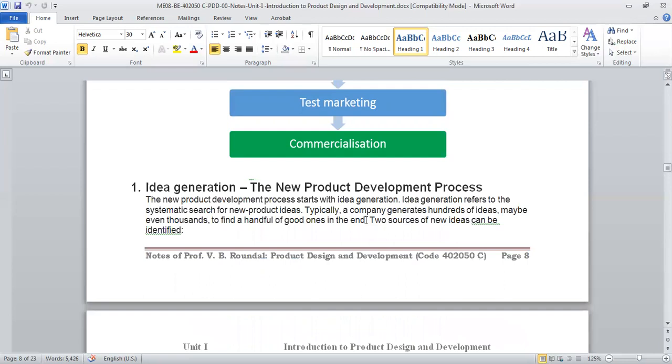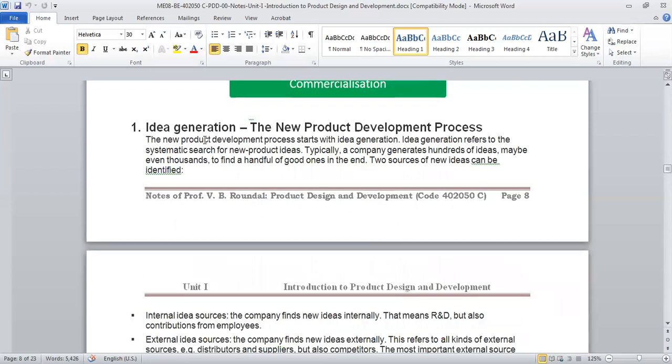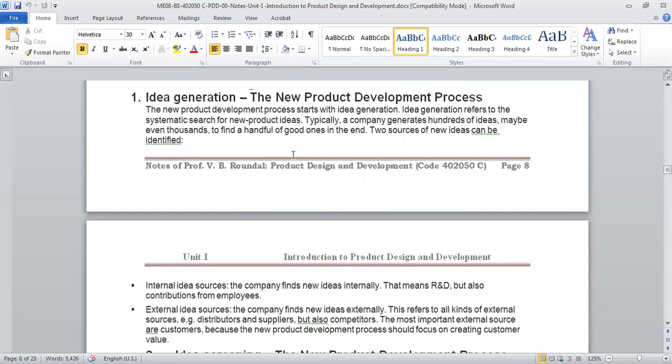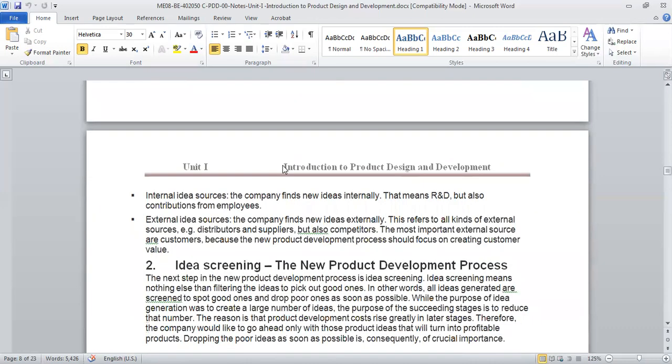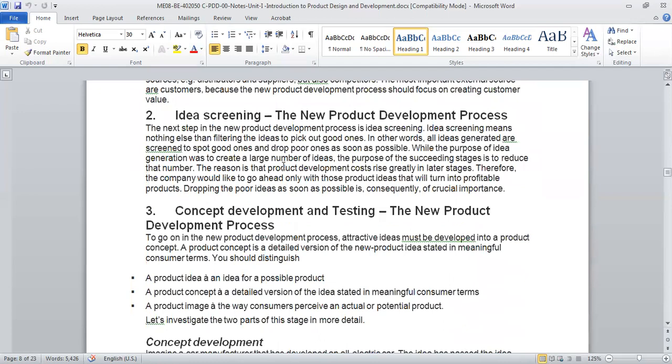These are the different steps. First is idea generation. A new product idea will be generated in this stage. It may come from the R&D department, or some employee, or some contributor or designer. So an idea can be generated from anyone. Screening is, once the ideas are put on the table, they will go through the different ideas and see whether they are viable, how ridiculous they are, and whether they are practical and feasible. All those things will be done, and depending on the output of the screening process, a few of those ideas might be chosen.